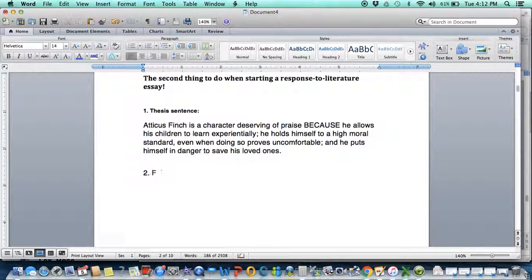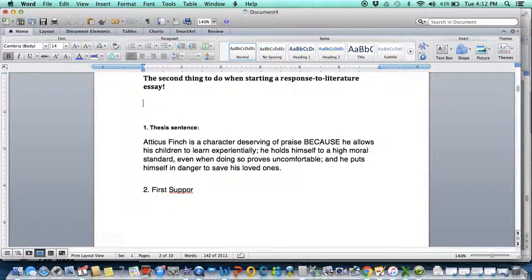The second thing you do is you write an outline, okay? But it's really short, so we write our first supporting paragraph,